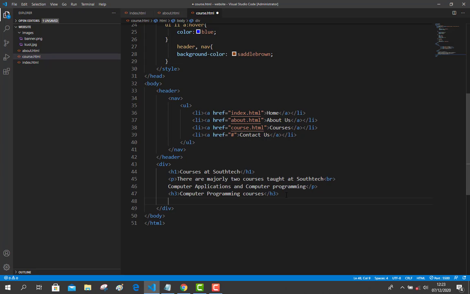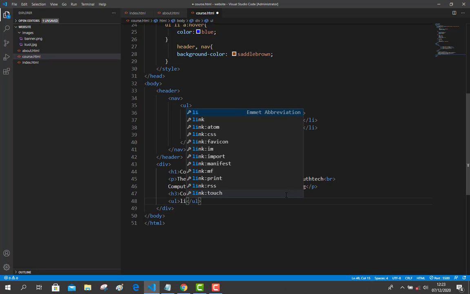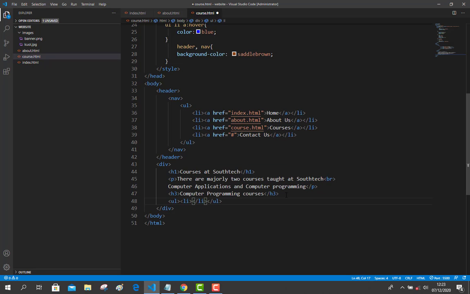Let me just use an ordered list. We have looked at these basics when we are starting on our HTML and CSS design. Here, the programming courses we do teach at SouthTech include PHP,